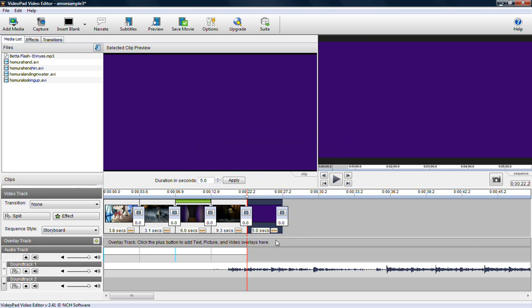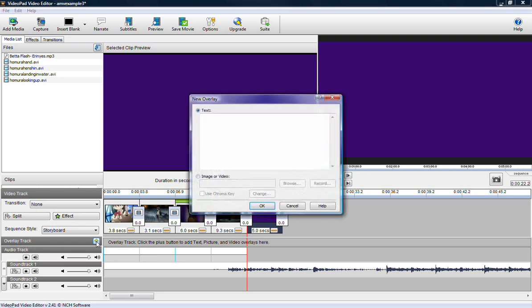Once you've decided how long your credits are going to last, it's time to add the actual credit text. To do this, go to the overlay track here on the left and click this little green plus button to add an overlay. This will let you add a text, image, or video overlay.